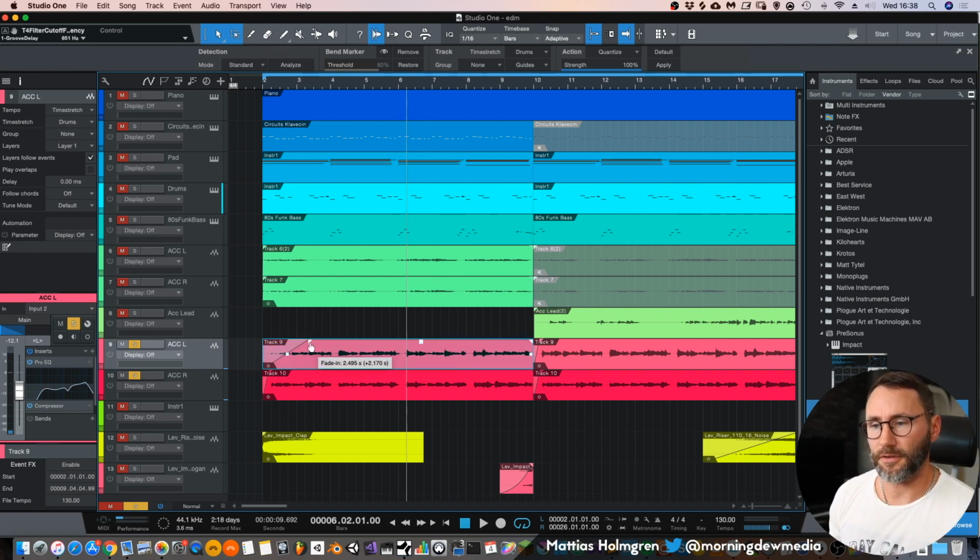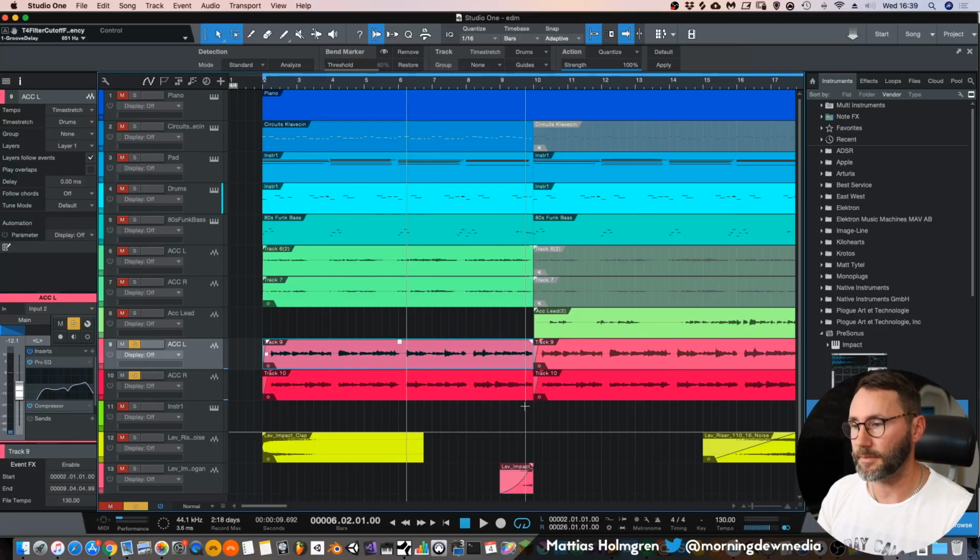Then if we move this first node, we can select the fade in of the clip. And the same thing goes for the fade out at the end here. And we can also change the curve for the fade outs here, or the fade ins. Then of course we can group tracks to be able to control multiple tracks, because it's one of the strengths with Studio One. I think Studio One is really good if you're using multi-tracking, if you're recording multiple drums.